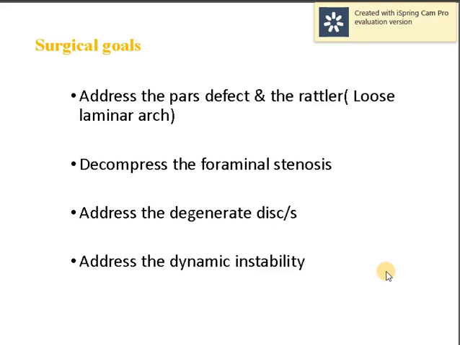The goal is to address the pars defect, to decompress the foraminal stenosis, to address the degenerated disc, and to address the dynamic stability. So this is something about spondylolisthesis, and also we will try to see about spinal